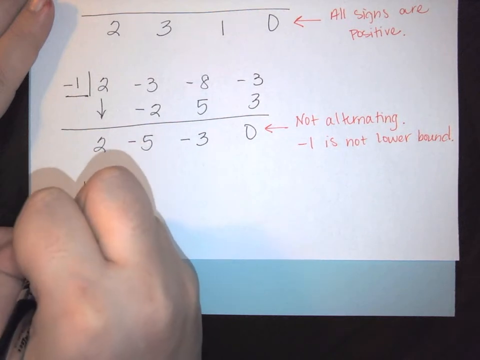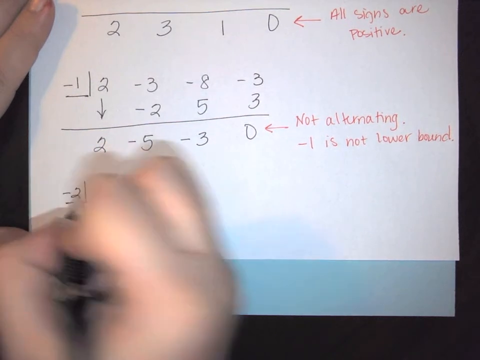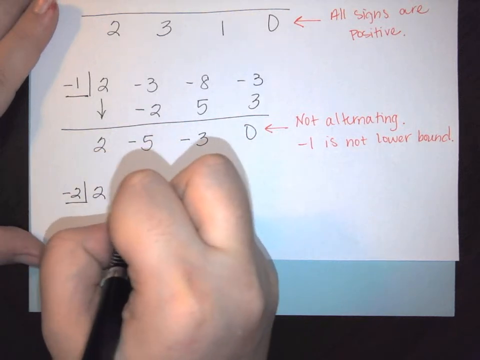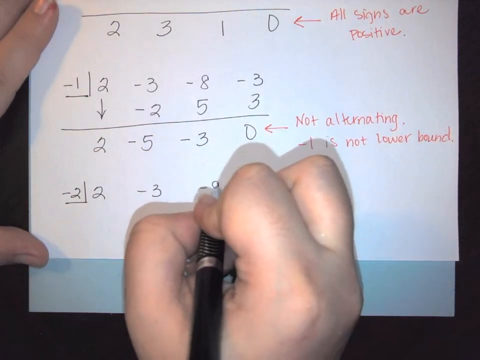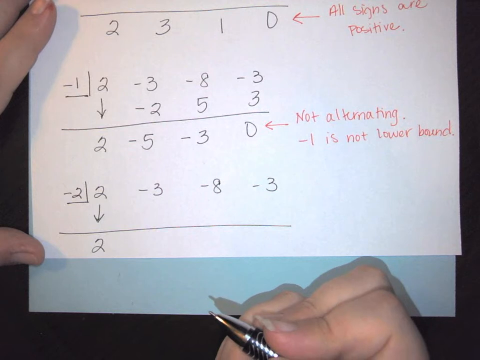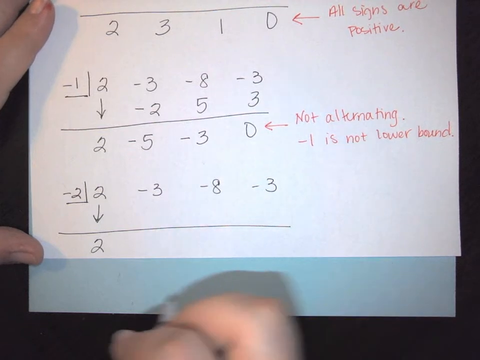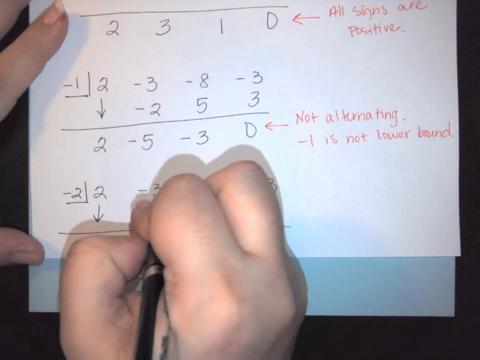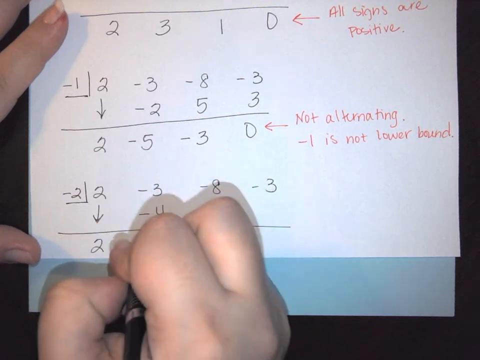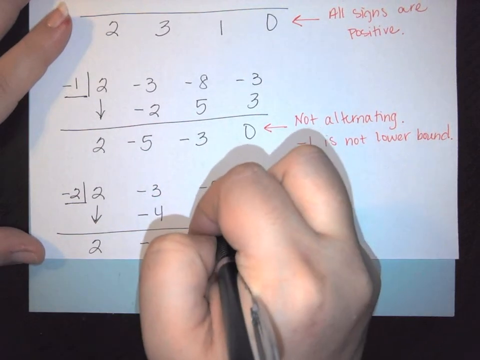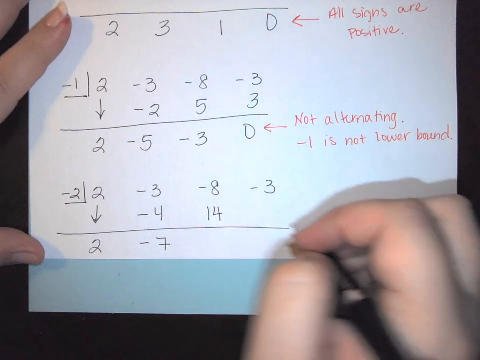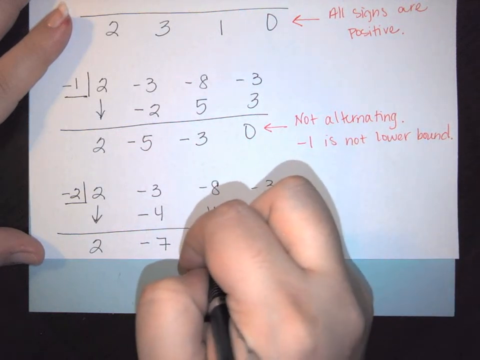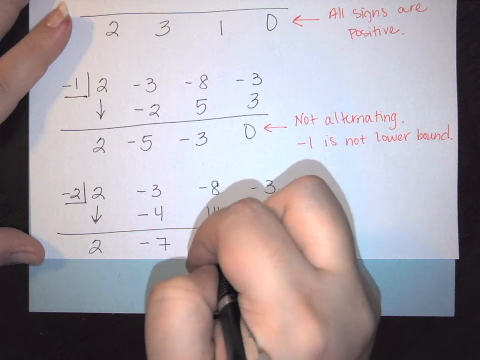Add them together gives us +6. Bottom times the box is a -12. Add them together gives us -15. When you look at this, notice positive to negative to positive to negative. These are alternating. This means your lower bound